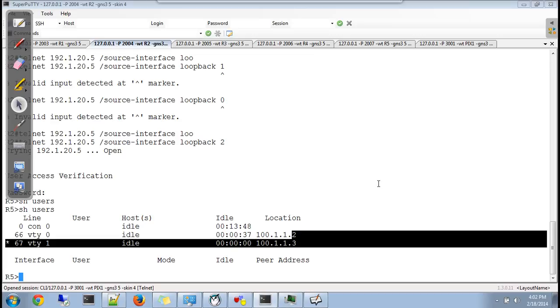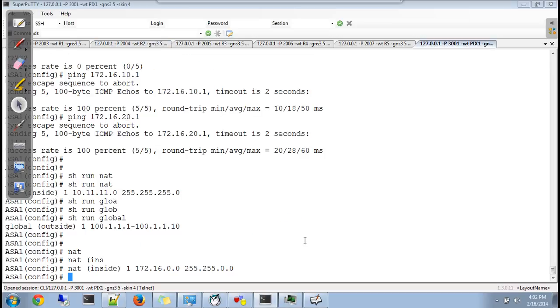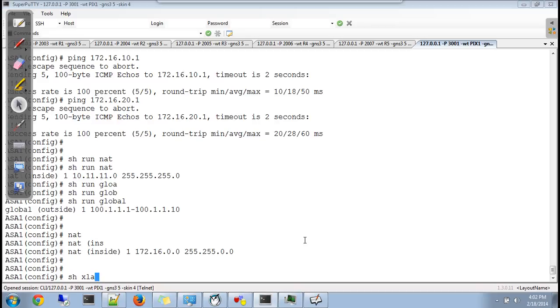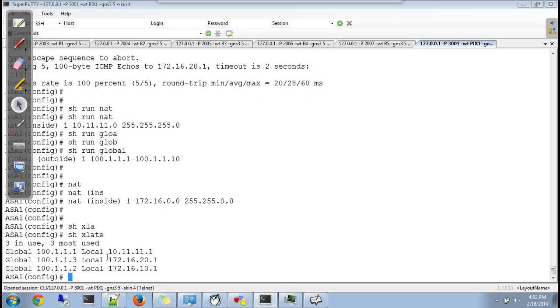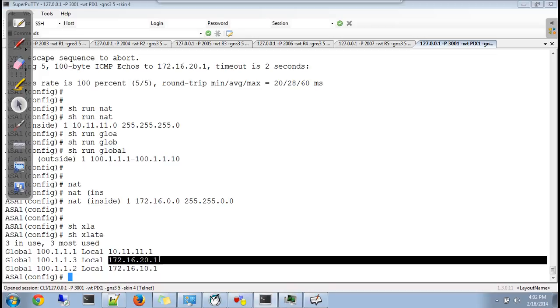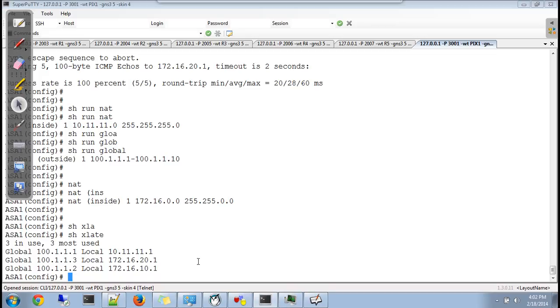How do you check on the firewall? Using the show xlate command. This will show you which IP is given to whom. And you see, 100.11.2 is who? This is the loopback on R1. And who is .3? This is the loopback on R2. So multiple users can easily go out by taking one IP address. This is called dynamic NAT. This is not 1-to-1, this is from the pool.